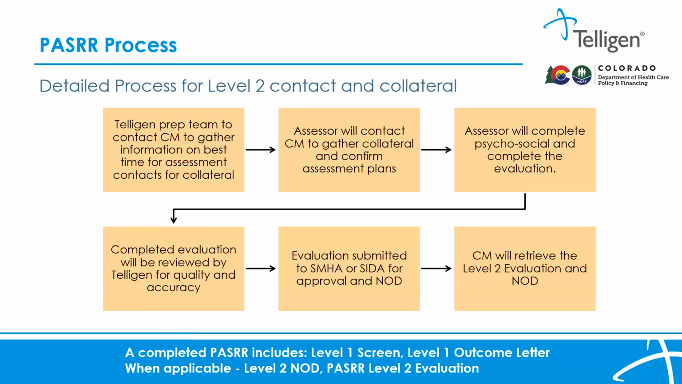Once the evaluation has been completed, the assessor will submit that completed evaluation to the Telligen QA team for review. And the QA team will then send it on to the state to review and approve the completed evaluation and attach the NOD to the case. The case manager can then retrieve the level 2 evaluation and NOD at your convenience. It usually takes about 2 to 4 days from the time of the